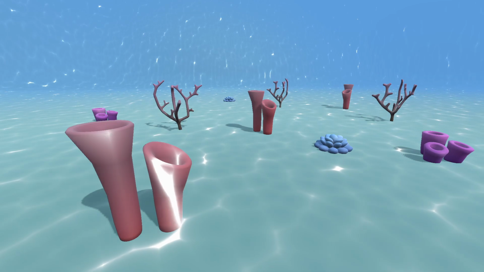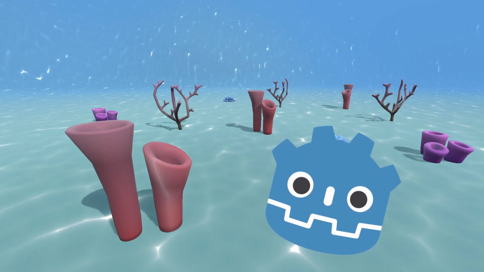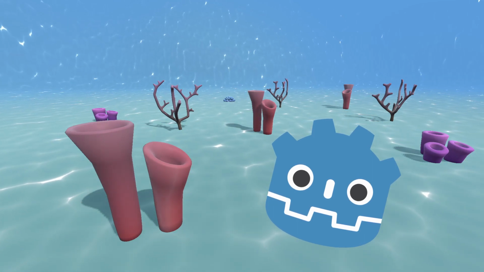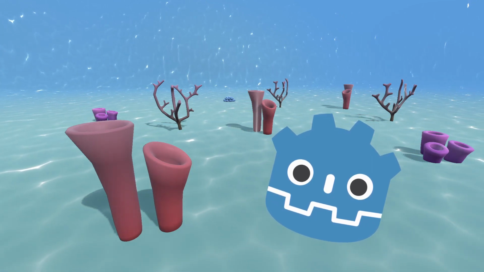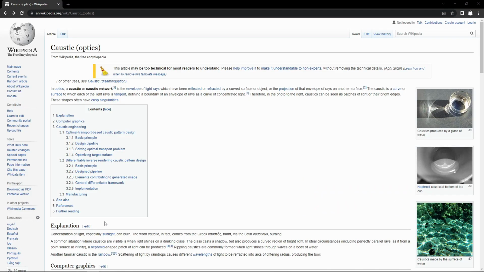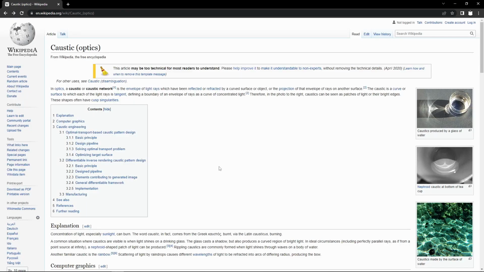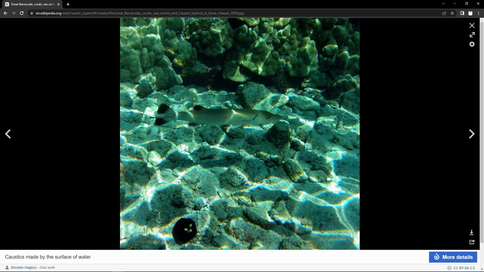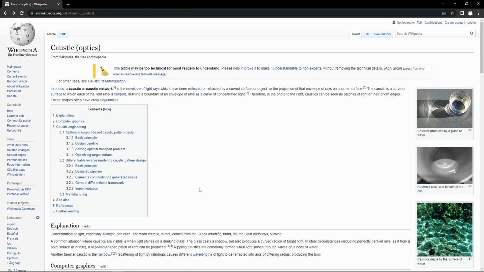Let's create a fake Caustics water shader in Godot. This shader is compatible with the GLES2 renderer, but it should also work with GLES3 or Vulkan. Caustics are the patterns of light we see when light curves through a medium, such as glass or water. Simulating this on a computer can be quite computationally heavy, so we're going to create a shader that fakes this